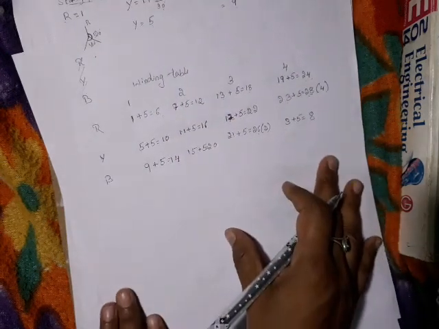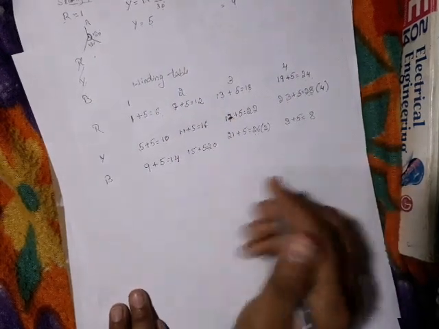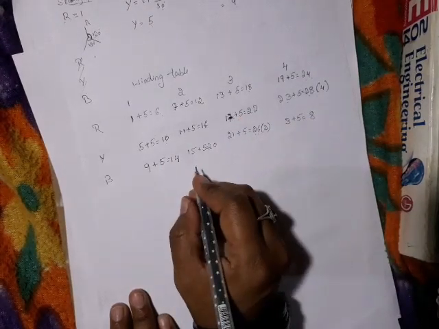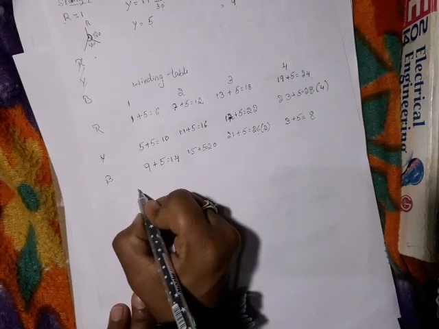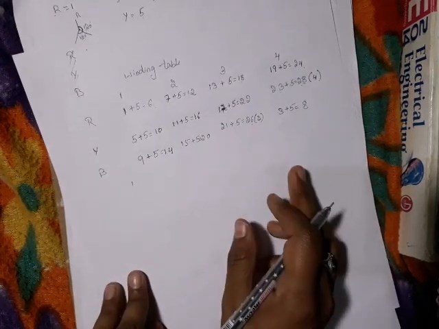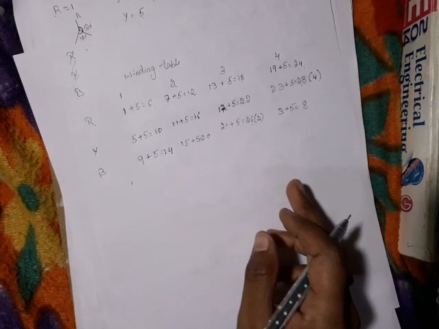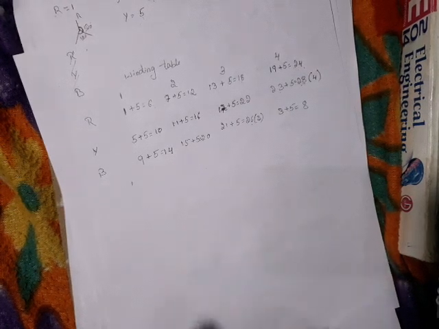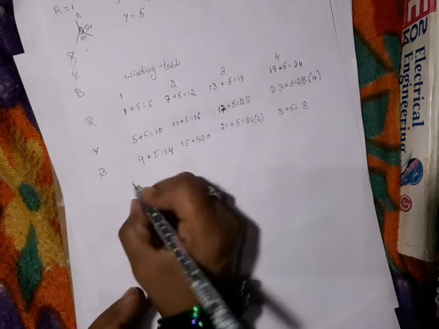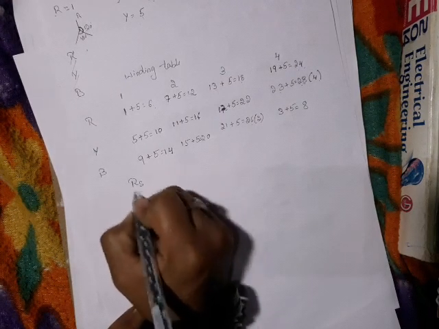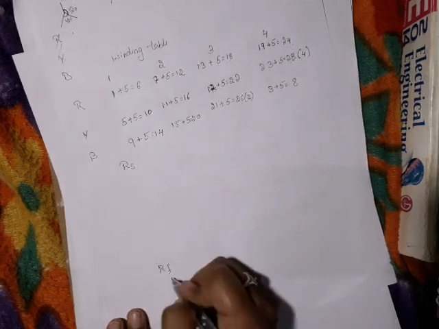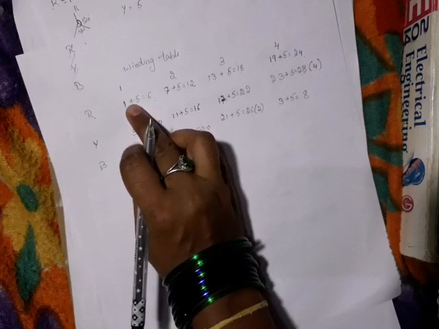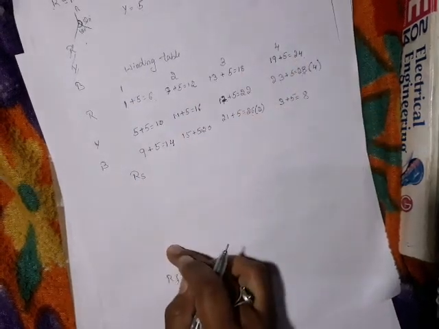Now we need to write one more table to interconnect the windings. I'll show you while drawing the winding diagram. Now you just need to follow this procedure. Since I said it is a star connection system, here we have RYB phases. So RYB starting we have, RYB finishing we have. Let me start with the starting. RS means starting, RF means ending. R start, R finish. I'll write this row column-wise.